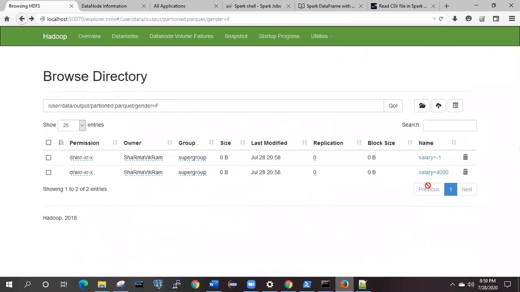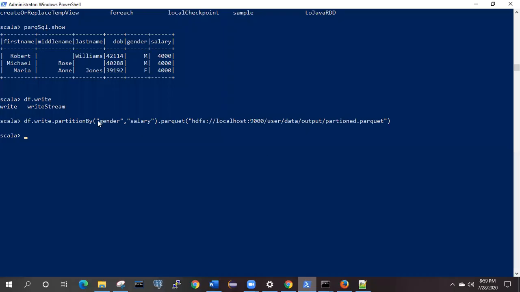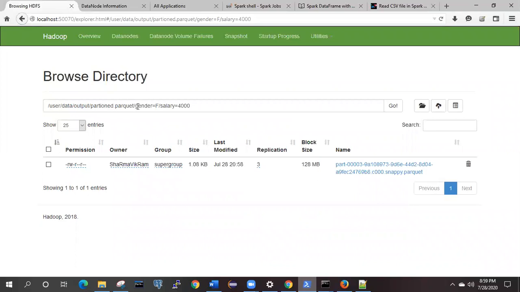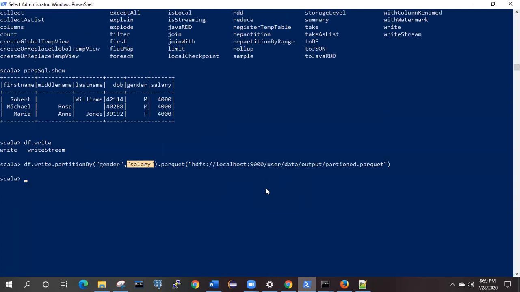Let me click on this one. If you look over here, the first value you have provided will be your first partition, and inside that, this will be the second partition. So the first partition is gender equal to female or male, and then the second is the salary equal to what you want to give it. If you wish, you can cross verify by reading the data, or it's your choice.